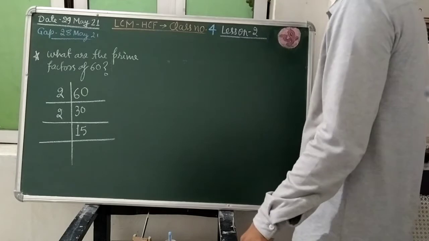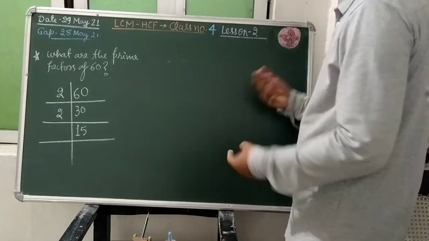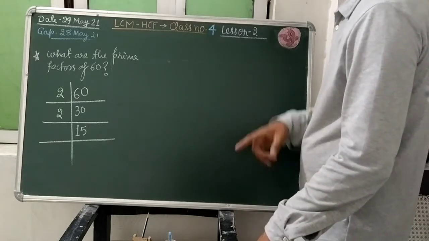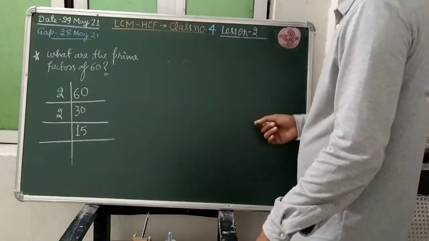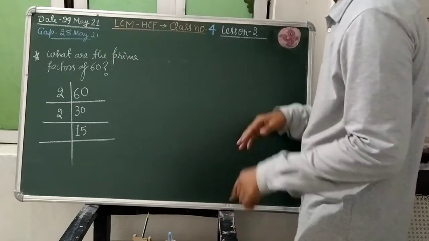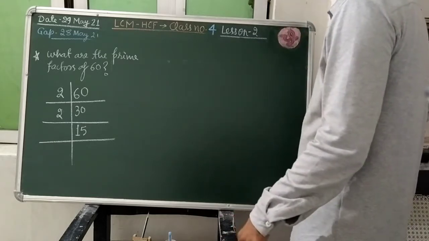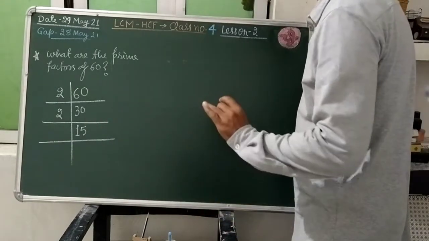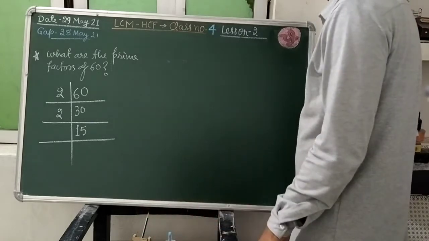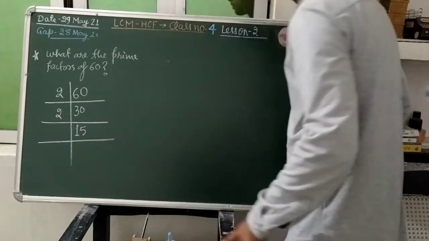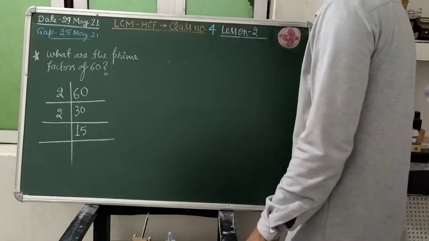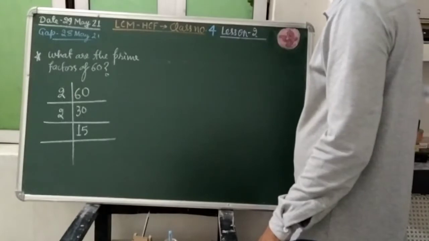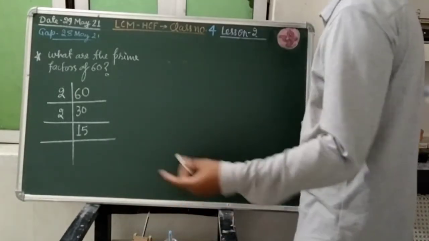So look students, for a composite number, if we want to know the factors, we will apply the rule from 1 to 11. We shall check which number is going to divide the given number. So students, here 15 is a composite number, so we shall start from 2, and will not go for 1. Is 2 going to divide 15, students? No. 2 is not going to divide this 15. So we will not select 2, and 1 we are ignoring.